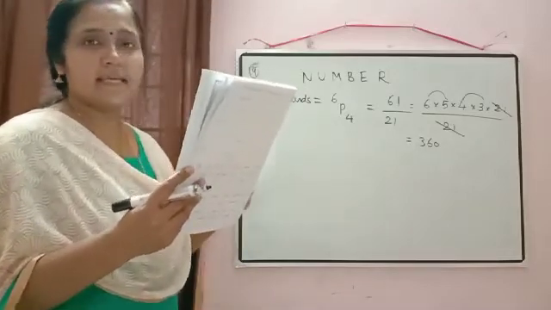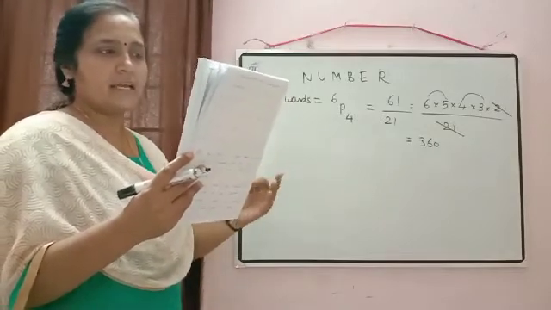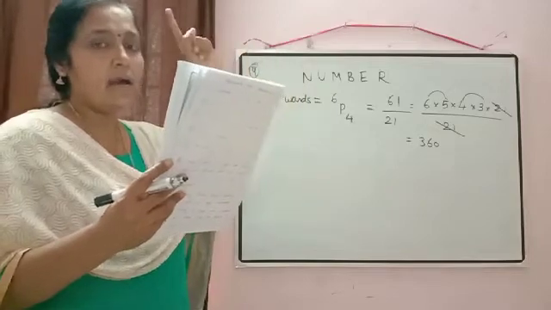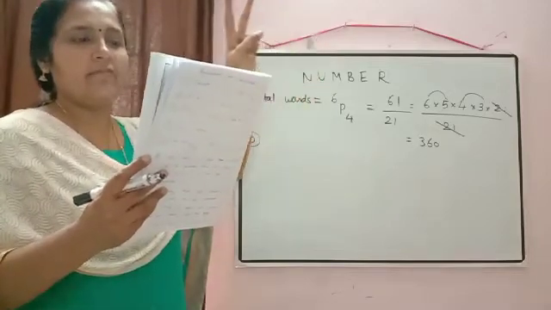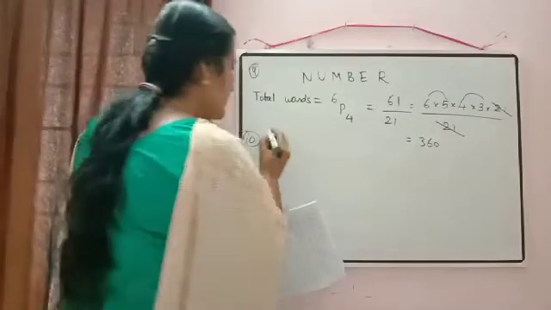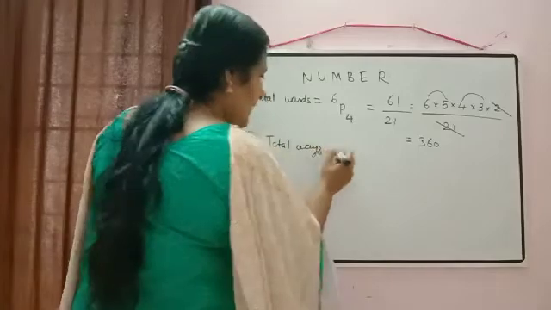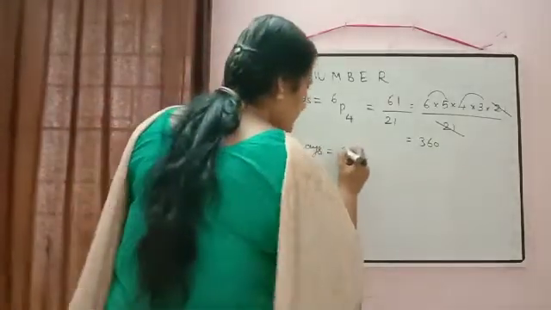Total how many teachers are there? 36 teachers are there, and from 36 teachers we need one principal and one vice principal. So how many do we need? We need 2 at a time there. So just write down there, total ways is equal to, what will come? Yes, total ways will be equal to